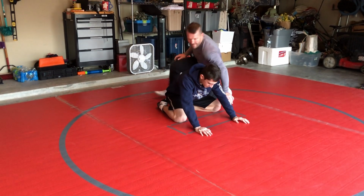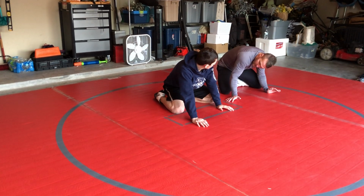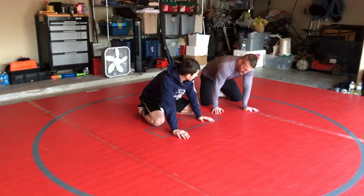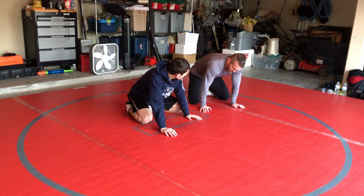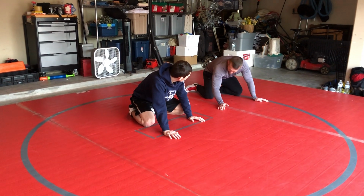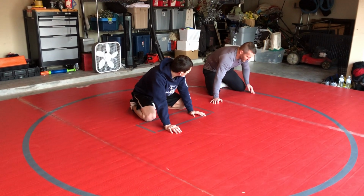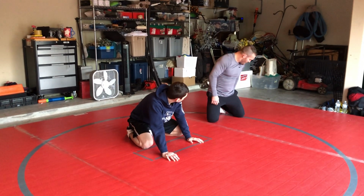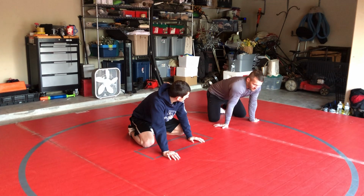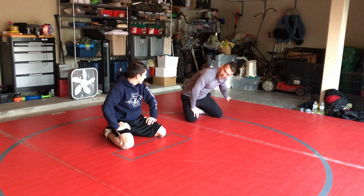Is there a different foot I should choose based on which side he sets up on? Not really, as long as you've got that blocked off for him to get in. Typically, if he gets in on the left side, but you can't choose that. You have to stay where you're at. So if I go like this and he gets in on this side, I can't switch. So I have to get set first. But if he always comes on the left side, I probably put that left foot out. But it's more important what you're comfortable with. How are you gonna be comfortable? How are you gonna get moving? That kind of thing. But this makes him be further away. It forces